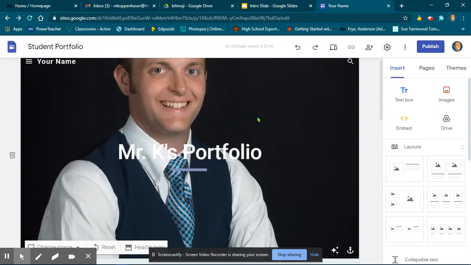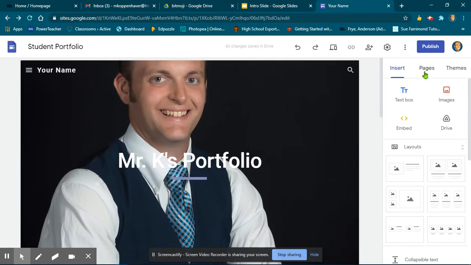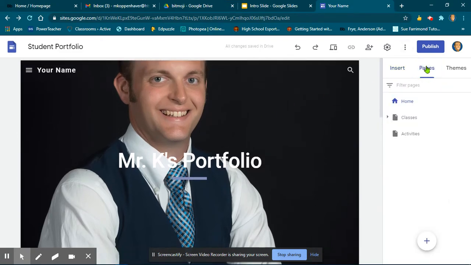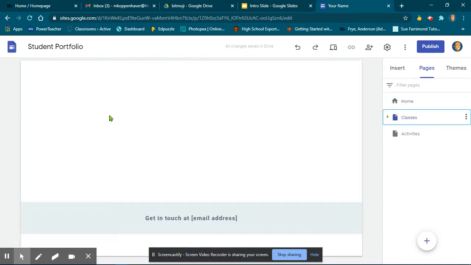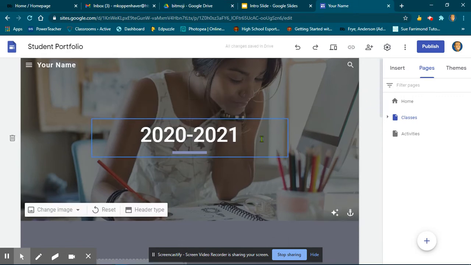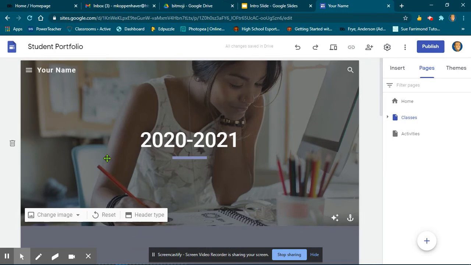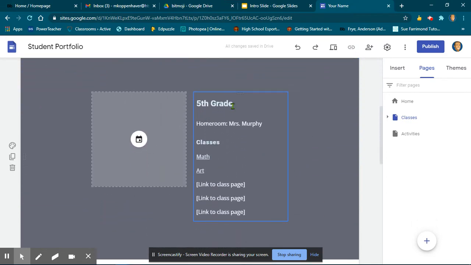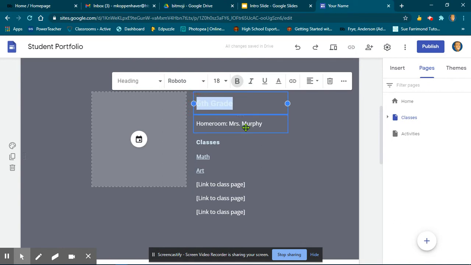When you have that done, now it's time to make a page about the class. So you look at pages here, okay? And then you can come here to classes. If I click on classes, it'll take me to the classes page, right? And so it'll say school year, right? And so this is 2020 to 2021, right? And then if I scroll down, and again, this isn't a picture of you, so let's try to do some kind of maybe project or assignment in here, change this picture too. Okay. And then down here, it talks about a